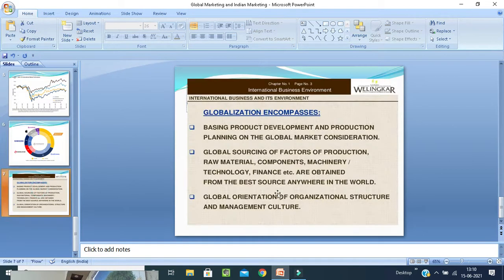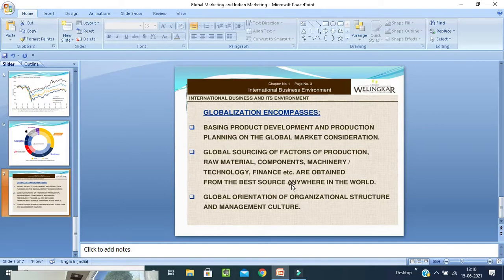Now lastly, globalization encompasses basing product development and production planning on global market considerations. If you want to run international marketing, you have to consider how the product should be developed according to international needs, and the production planning should be there: how much goods should be produced, how much need is there, how we are going to supply or transport it in